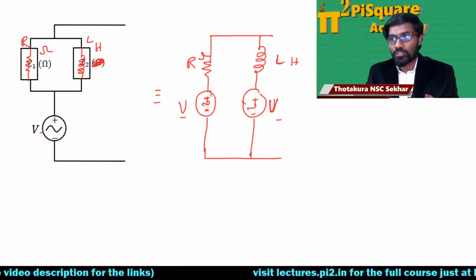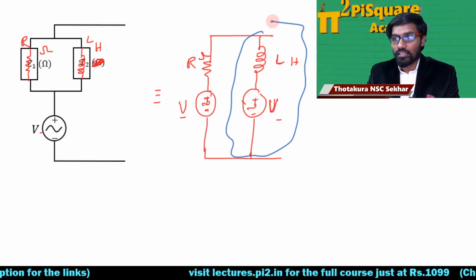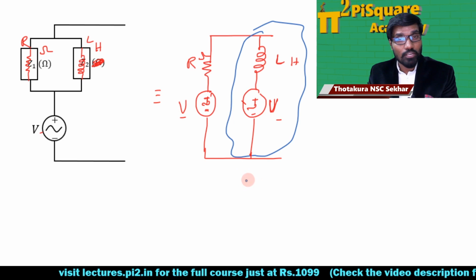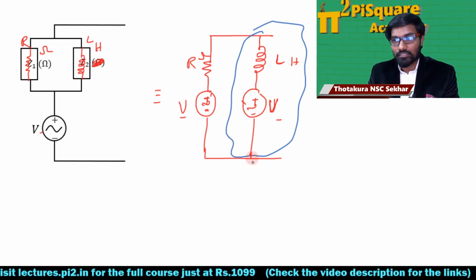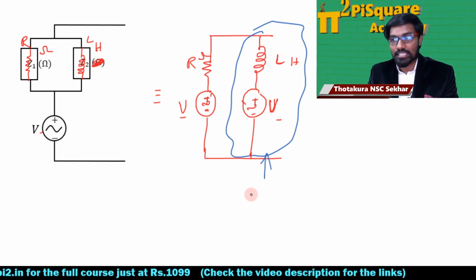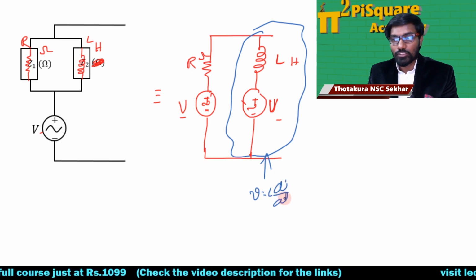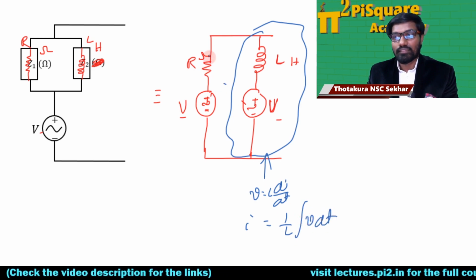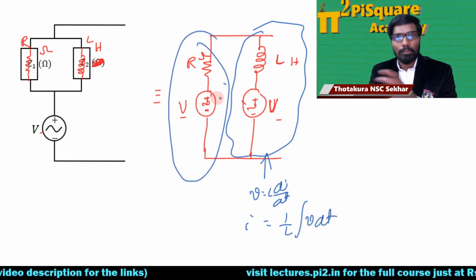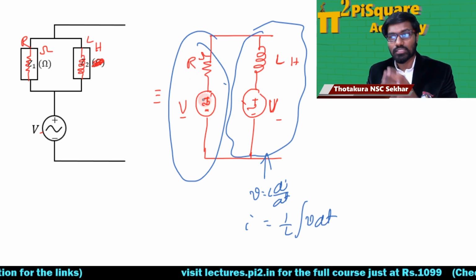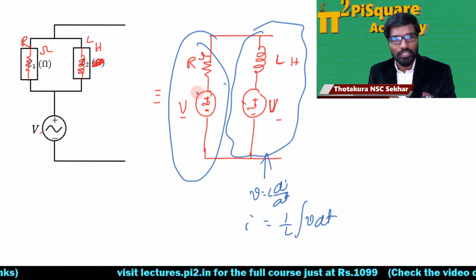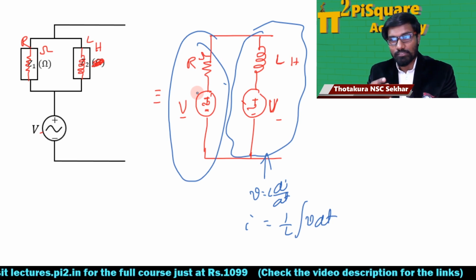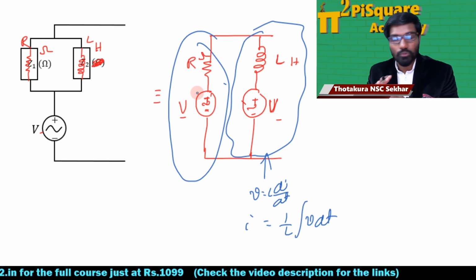Now further, if you want to transform this into a current source, yes, you can transform it. The current value will be how much? For this part, V = L di/dt, so you can get the current by using 1/L ∫V dt. Both will be in parallel again. You can also transform the other into a current source, and again the complete set will be in parallel. You can always keep doing that. These are special cases, used only at most advanced levels. In regular cases we don't use these.